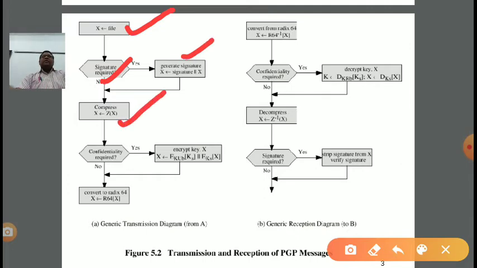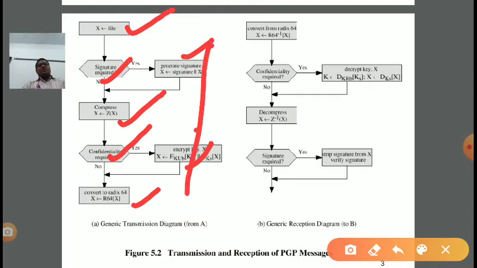Third, if compression is required, then the ZIP algorithm is used. Fourth, if confidentiality is required, then we need to use some cryptographic algorithm like the RSA algorithm. So encryption is done, and after the encryption, we perform a compatibility conversion technique, the Radix 64 technique. This is all done at the sender end, right?